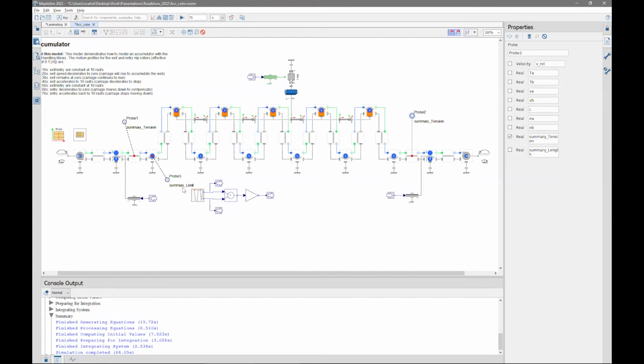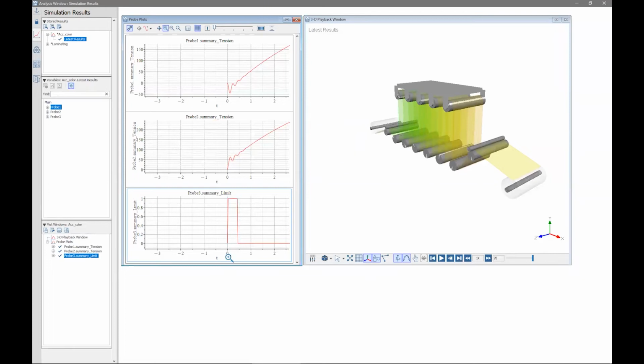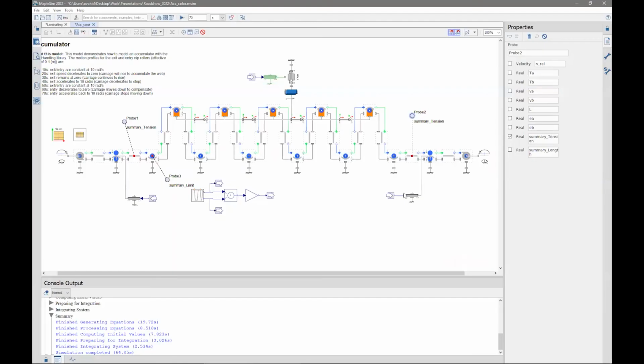Did it reach the capstan limit for potentially slipping? And if I zoom in, I can see that during the half a second start up phase, I actually had that roller switch from 0 to 1, meaning that it has crossed the capstan threshold, and it could be slipping. If you want to look at what happens if a roll actually slips, then we can